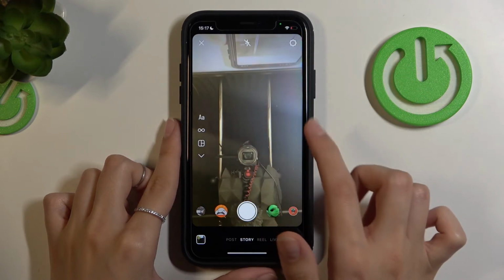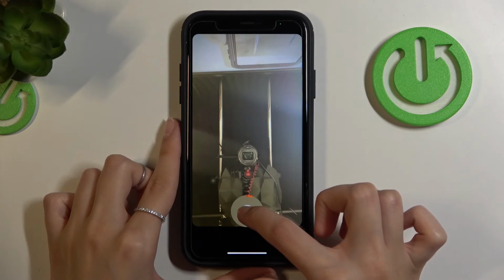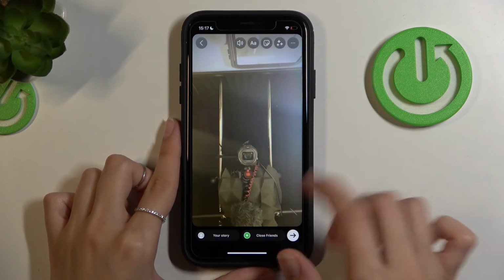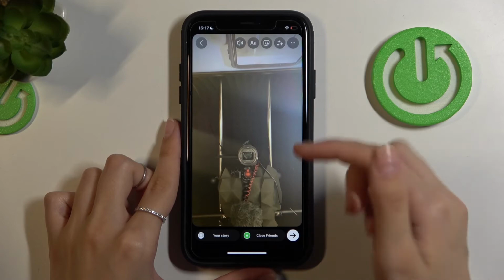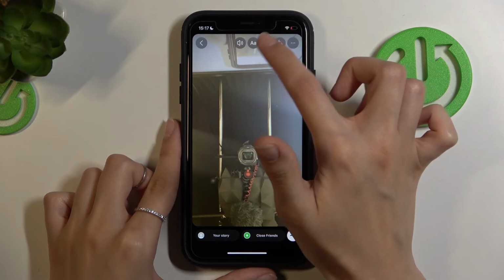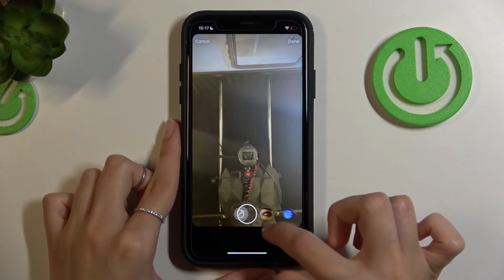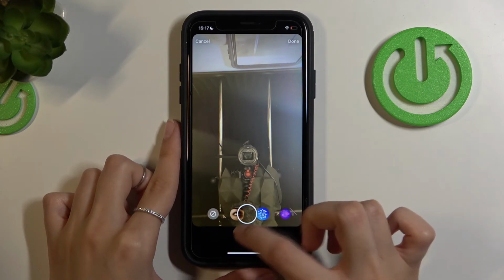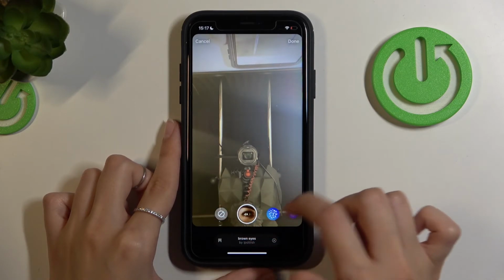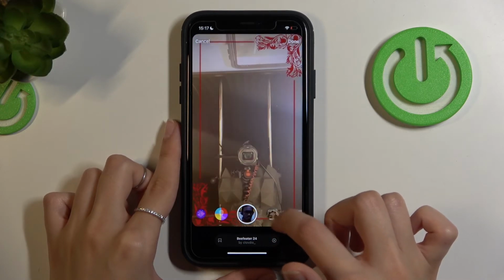Also, if you will add some story, as an example, you will record some story in the usual way without any filters, and you want to activate some filters later after the recording, you can also tap on the filters option, which is the fourth one on the top bar, and use possible filters later too after scrolling the appeared line. Remember that you can probably have your saved filters here, but I can say that Instagram usually changes this line,